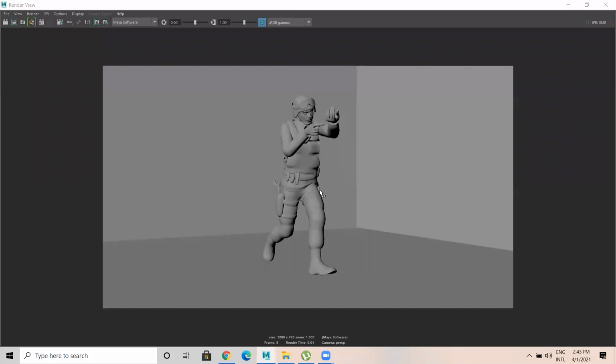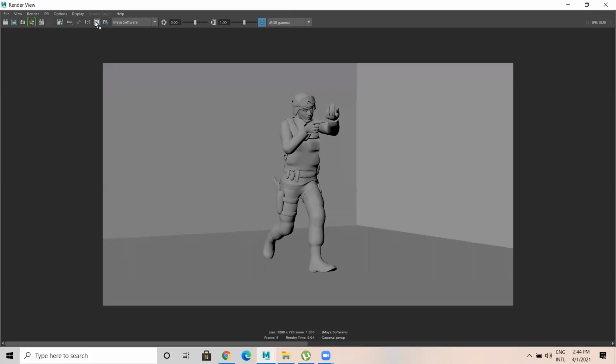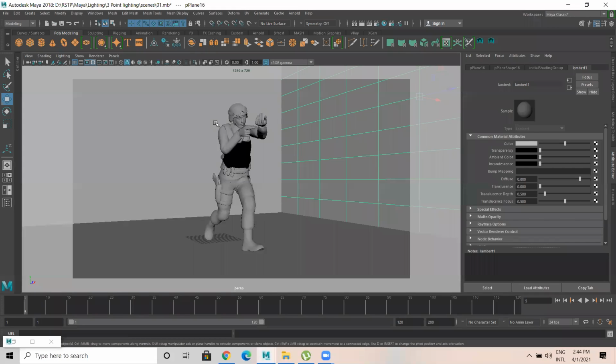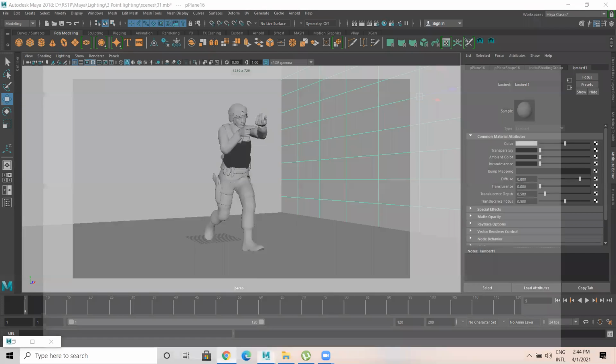So the character looks like this. Anyhow, we have to do the lighting part. I'll take a snapshot of this. Then let me apply a few other textures.